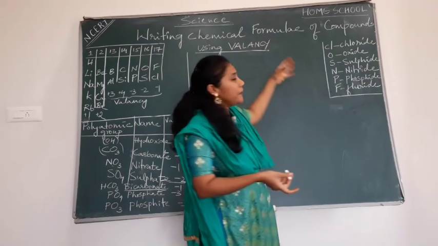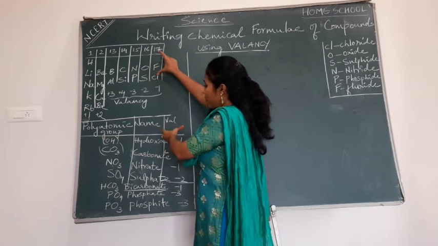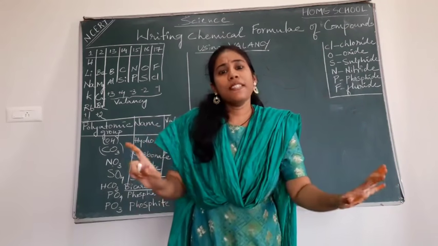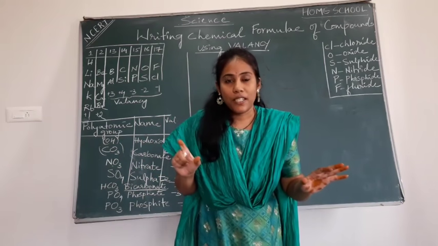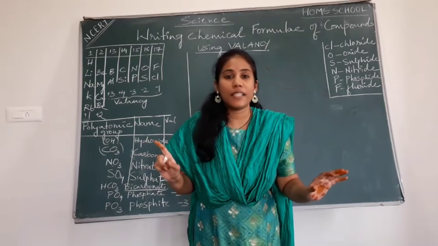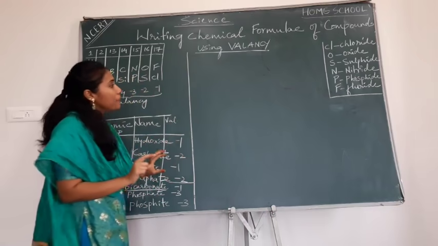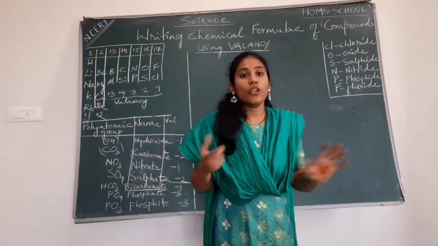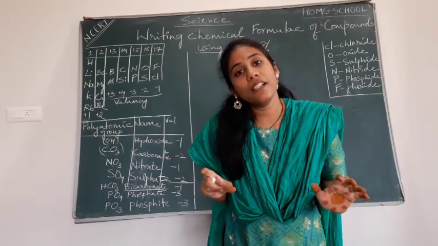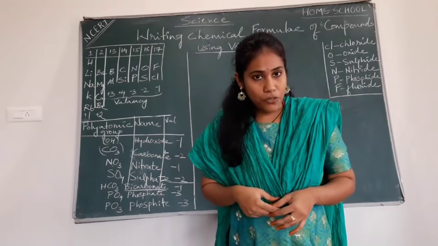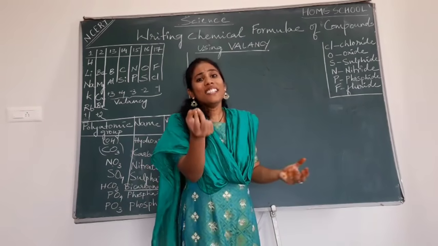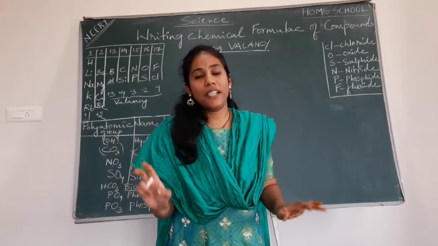And for writing chemical formulae, there are 3 different aspects. One is this you have to remember, second one is this, third one is this. Fine. And 80% of the children will by heart the chemical formulas. But that is strictly no. You cannot by heart the chemical formulas, right? If you know this basic information, you can write the formulas on your own very easily. You will come across hundreds of chemical formulae in our science textbooks. How many formulas will you by heart? You can't by heart so many, right? So let us learn the logic behind writing a chemical formula instead of by hearting.